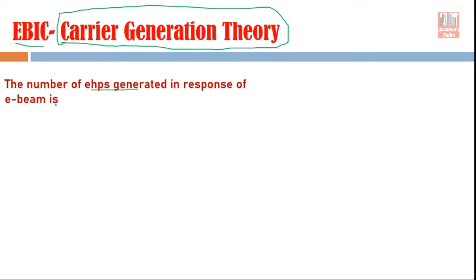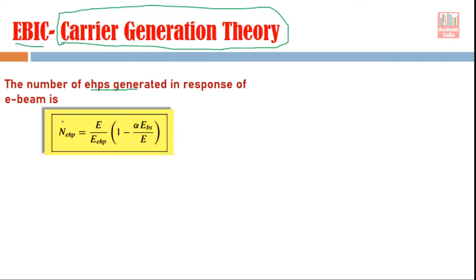So when an electron beam is falling on a semiconductor, in response to that electron beam, electron hole pairs will be generated in the semiconductor, and the number of those electron hole pairs is given by this equation. You can see here there are many parameters. E is the energy of the incoming electron beam, and this EHP is the average energy necessary to create one